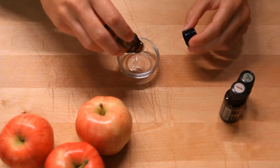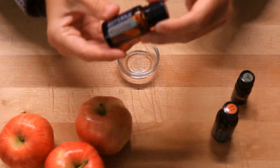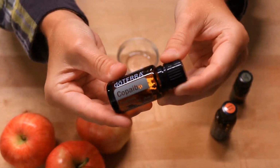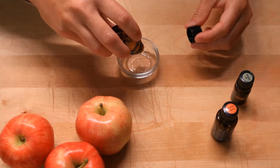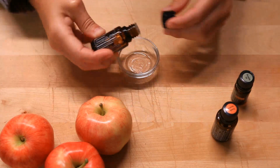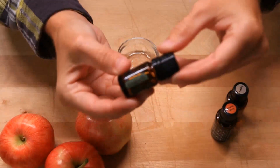So in this blend, we're adding several essential oils to make that apple orchard scent. It's 2 drops of frankincense, 2 drops of Copaiba, 3 drops of Douglas Fir,